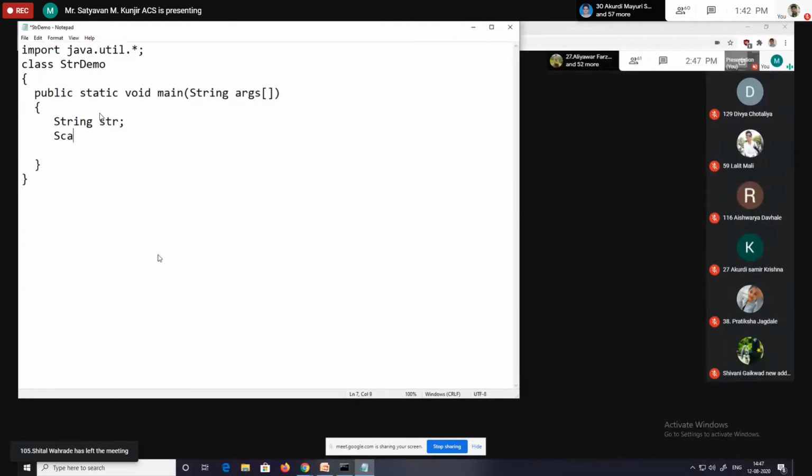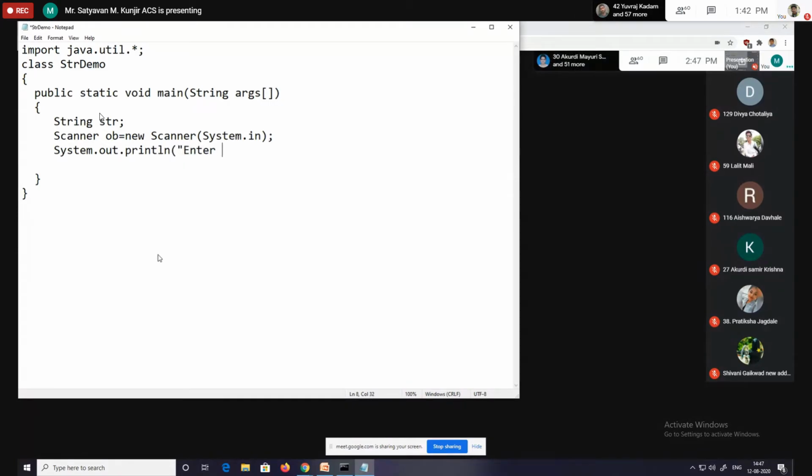Create an object of the Scanner class, Scanner ob equal to new Scanner. Then accept the string from the user: System.out.println for the prompt. Then take the string in variable str equal to ob.next.